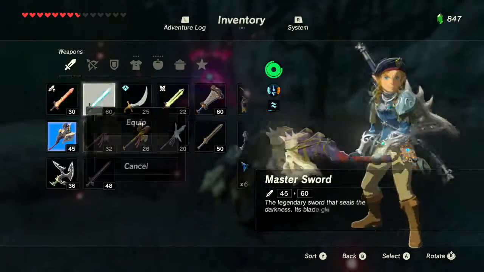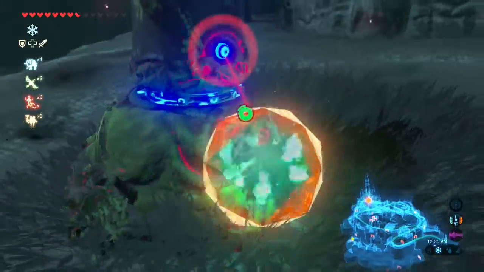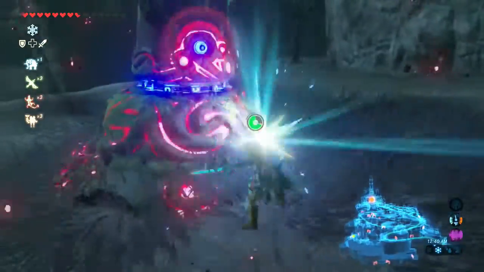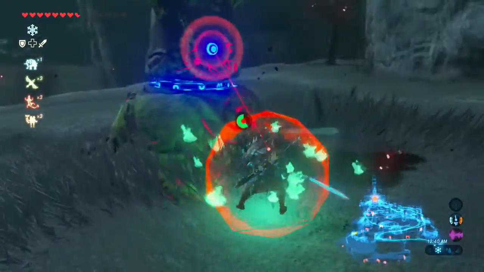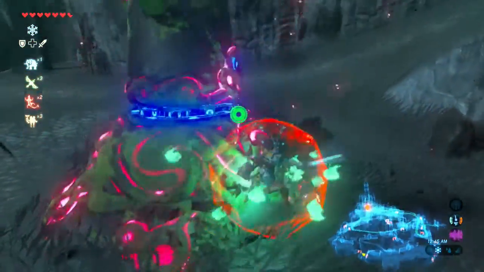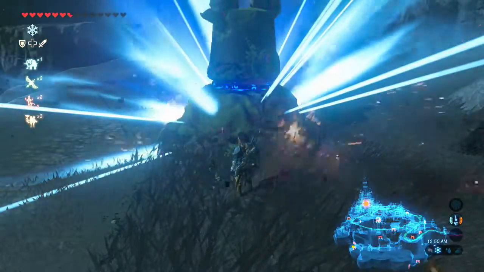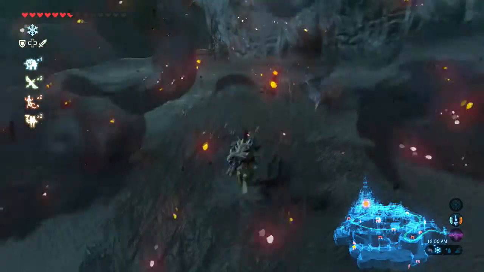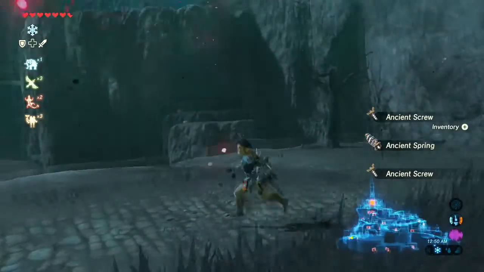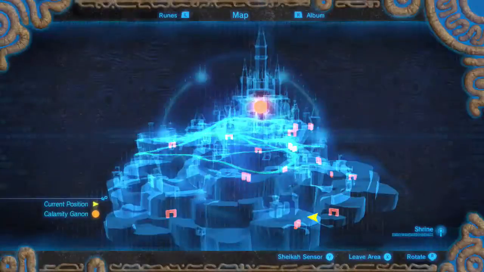Let me see, I want to grab my Master Sword out, because it's at 60, and I can just wail on these guys a bit, and I should be able to kill them pretty fast. No? Can I really not do that? Yeah, okay. I thought I could kill him a lot faster than that. That's why I didn't shield bash, but nah, whatever. It doesn't matter. The entrance should be...